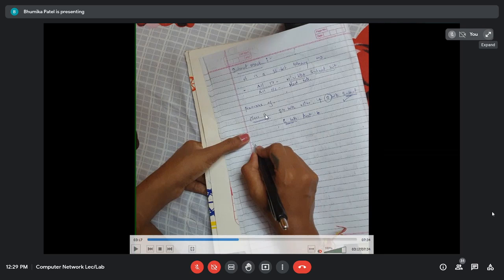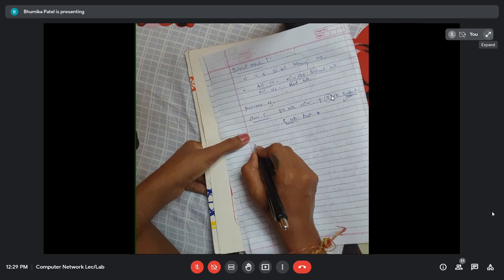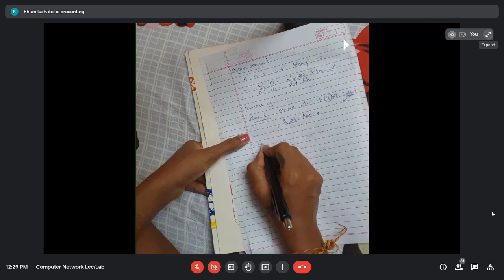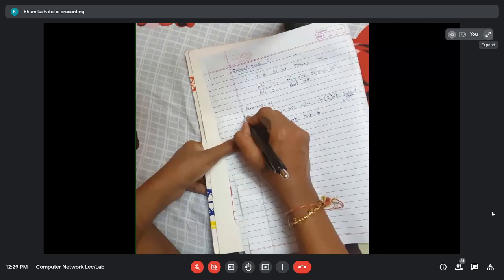That means it will see what the class of the network is and how many bits are selected for the subnet. Then accordingly, it is going to identify the subnet mask. So here, the first 24 bits represent the network ID. So the first 24 bits, what will we do with all of them?